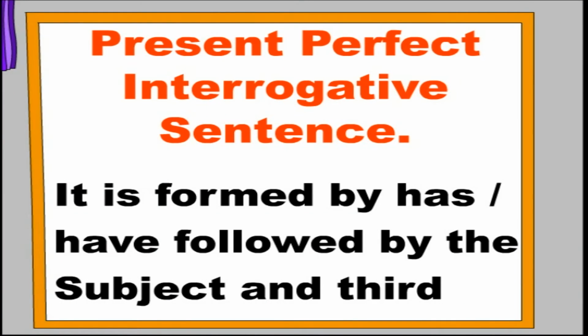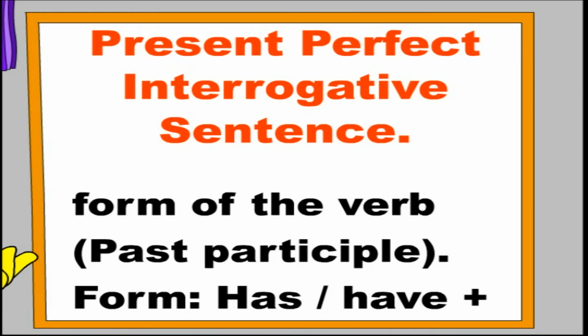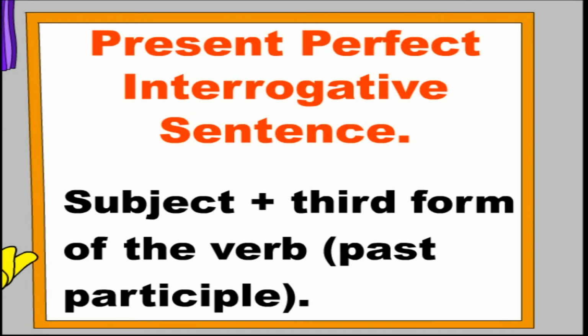Present perfect interrogative sentence. It is formed by has, have, followed by the subject and third form of the verb, past participle. Form: has, have, plus subject plus third form of the verb, past participle. Examples: